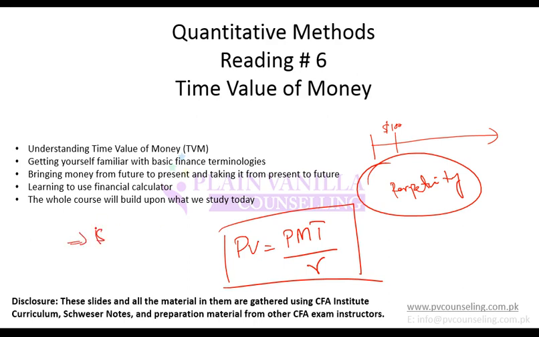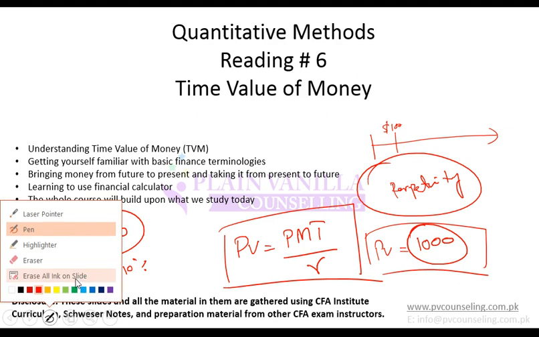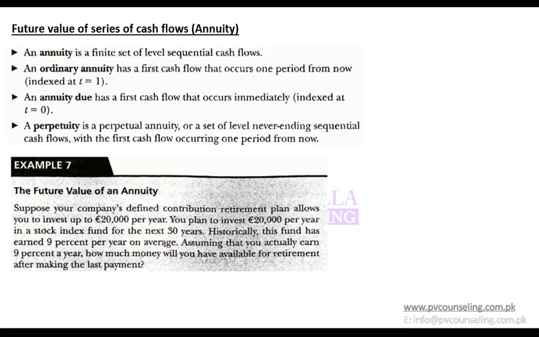So I tell you that you are paid $100 every year, and I ask you what is the present value of this payment, and I tell you that this payment will be made forever. So what is the present value? If it has indefinite life, it should be 100 divided by the rate. If the rate is 10%, it should be 100 divided by 0.1, which is $1,000. So that means if anything continues forever, I divide it by the rate, and I get the present value. This is the simple formula for present value: payment divided by rate. So remember this formula as well. This is important.